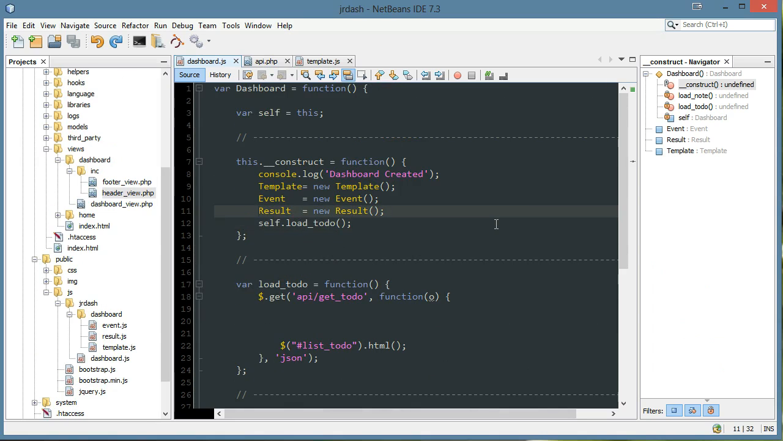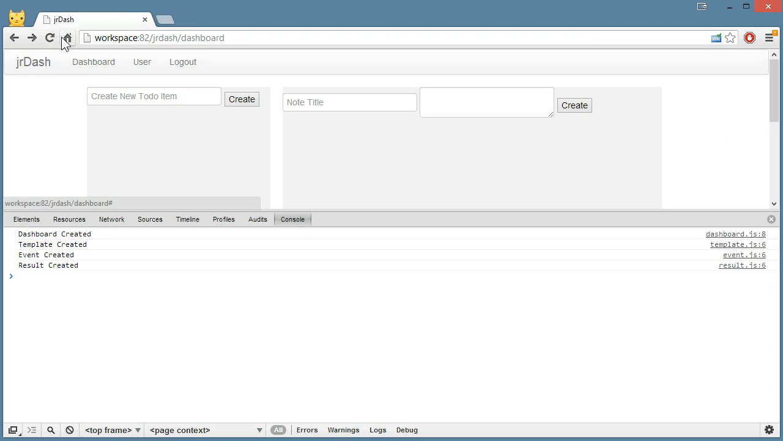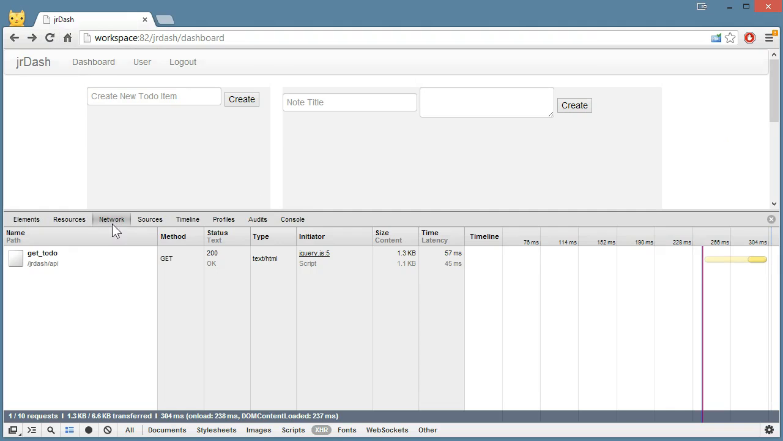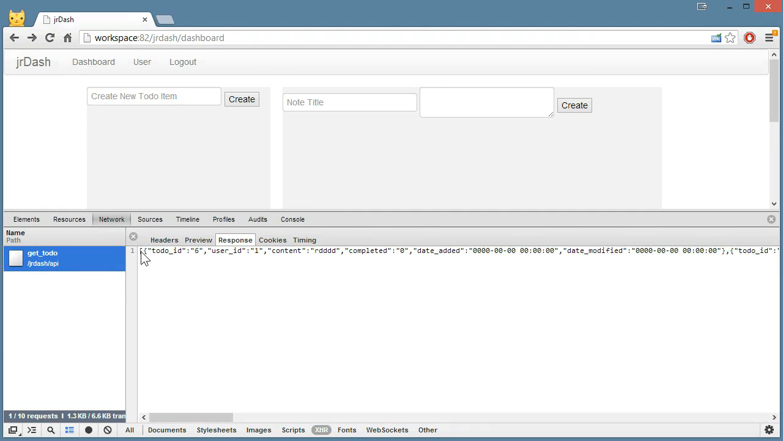Okay, and oddly we're having a problem right here with the result. I'm going to comment this out for now, and we can get rid of this self. So it should just be load to do. I'll go ahead and refresh, go to the network, and here's our little guy. And what I want to do is just pass this object in a loop